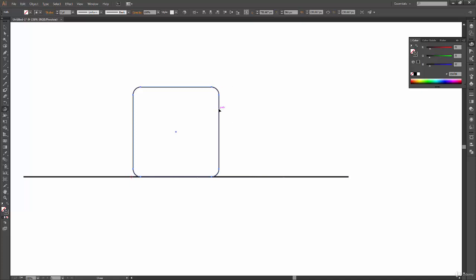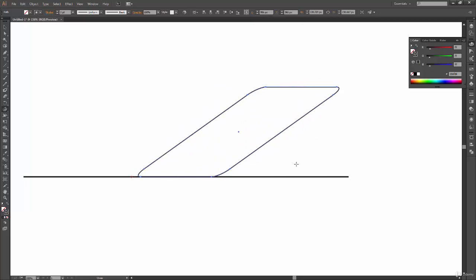Now you can click over here and move it in a vertical direction. So you can see the shearing is happening to our shape, and when you move it in a horizontal direction, keep holding the shift so that it snaps to a horizontal axis. That's how the shear tool works, and when you release your mouse, then you have your transformed shape.